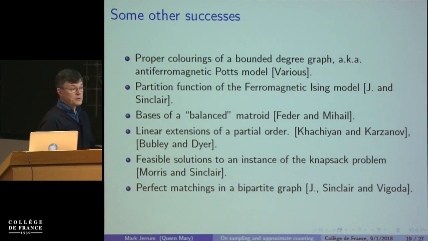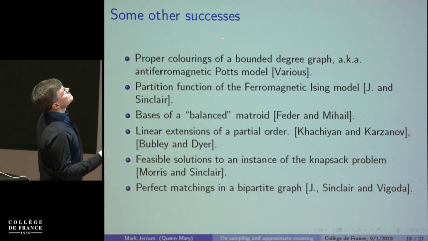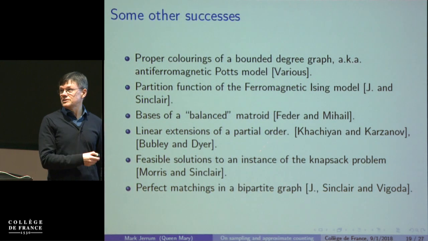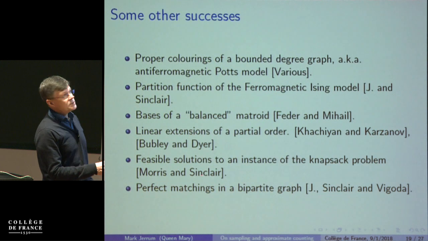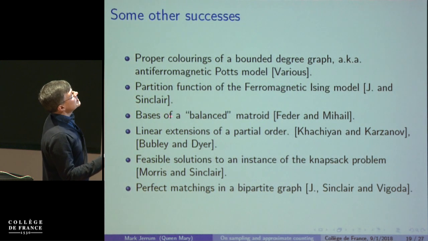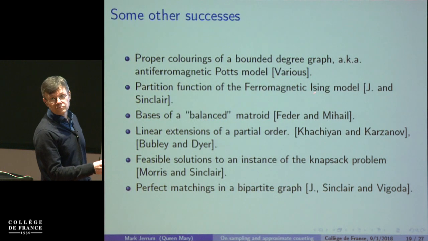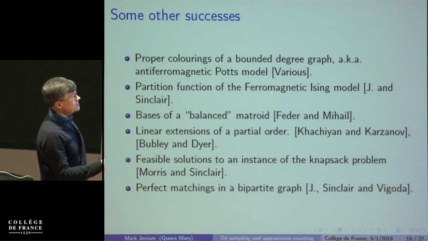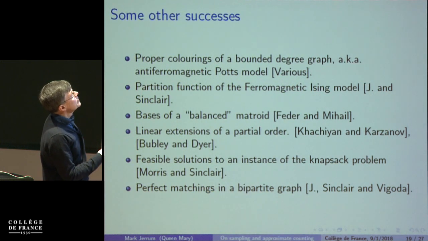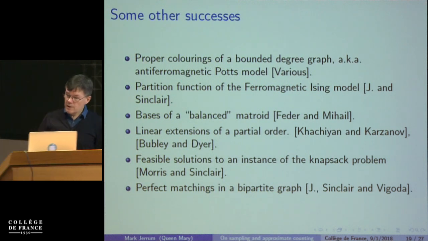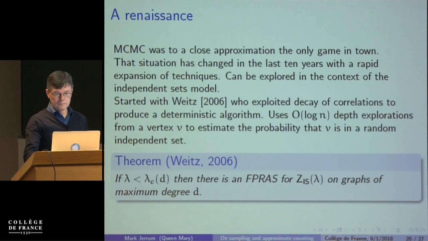And there are other applications of the random walk method. You can take these or leave these, right? You either know what they mean or you don't. Knapsack problems, random solutions of knapsacks, perfect matchings in a bipartite graph. Perfect matchings means there are no holes. Maybe the most famous, the ferromagnetic Ising model. So probably if you know any model in statistical physics, it'll be that one. And the claim is that if it's ferromagnetic, then you can randomly sample configurations using a random walk. Okay, so it's been quite successful, the random walk method.